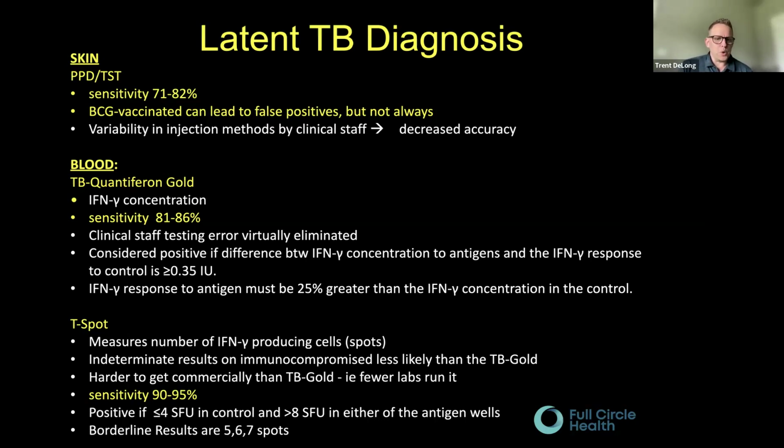TB QuantiFERON Gold. This basically measures the interferon gamma concentration. Sensitivity ranges from 81 to 86%. Clinical staff testing error is virtually eliminated. It's considered positive if the difference between the interferon gamma concentration to the